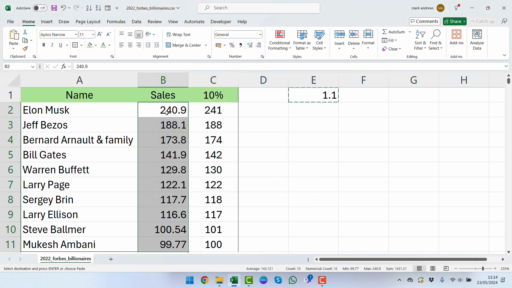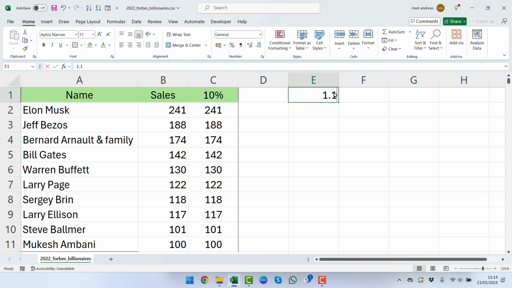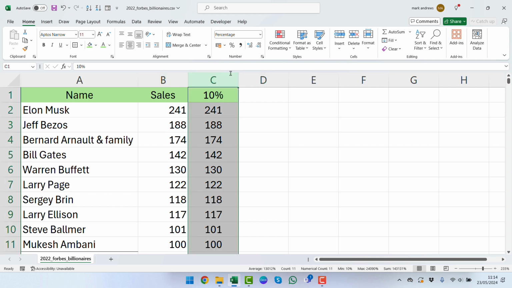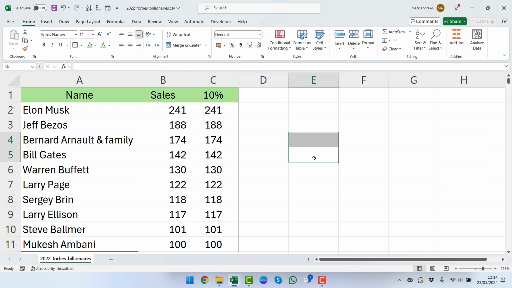We can see that we get the 240.9, so we'll just drop down the decimal place by 1 there, and we can see that this now matches. And at this point you're able to just get rid of the 1.1 if you need to, because this is now pasted in as values, so you don't have to worry about keeping that. It's not relevant at any point, and it will save you adding in an extra column, so you should just be able to move stuff over. But just for reference there, so you can see that it works exactly the same,